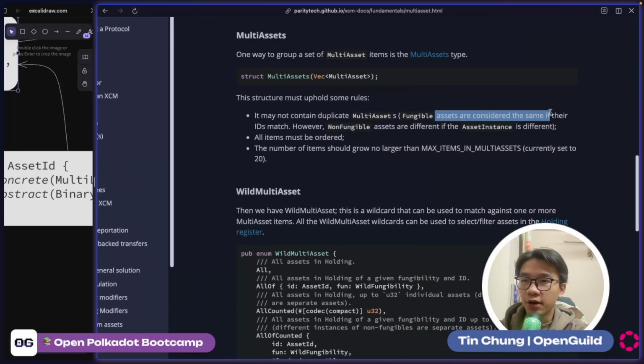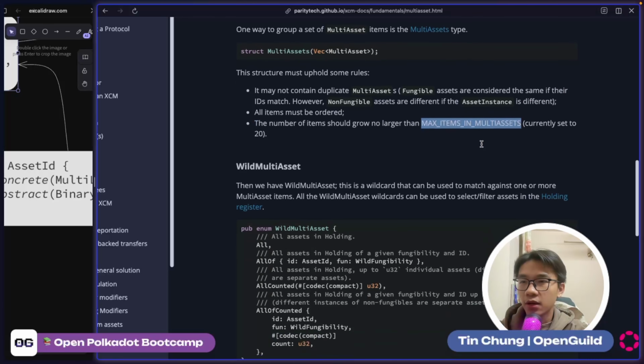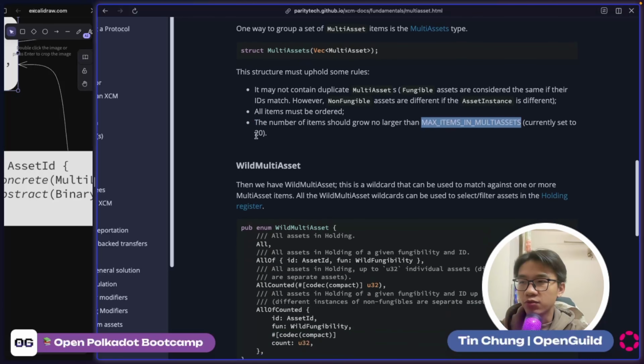Fungible assets are considered the same if they match. However, non-fungible assets are different if the asset instance is different. So all items must be in order. The number of items should be no larger than the max items in the multi-asset, currently set to 20. So the multi-asset can only contain up to 20